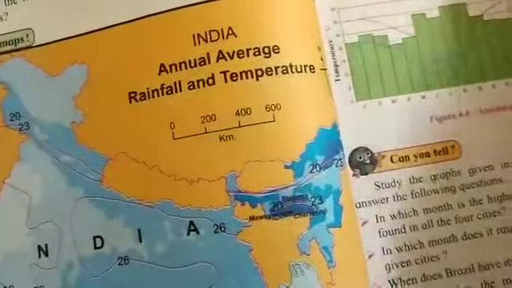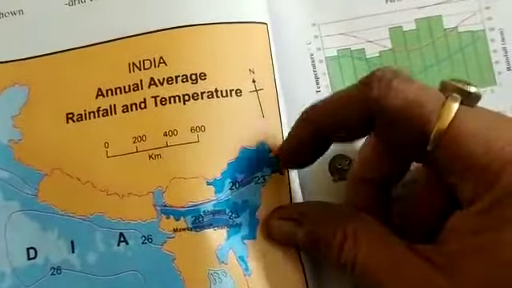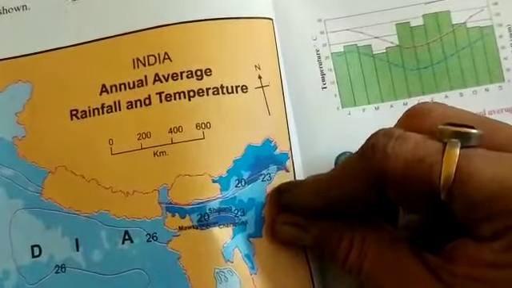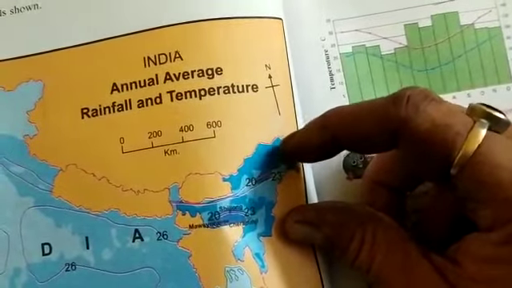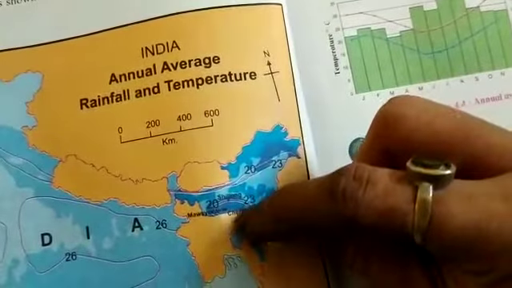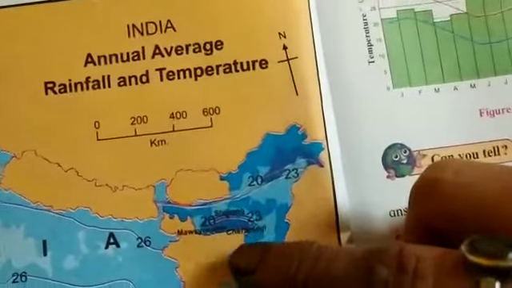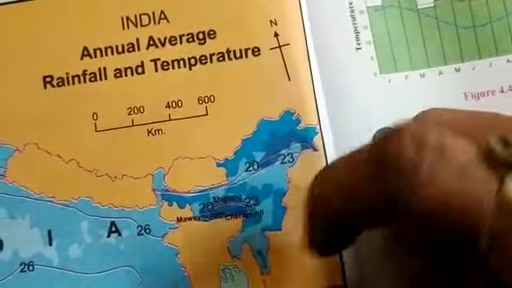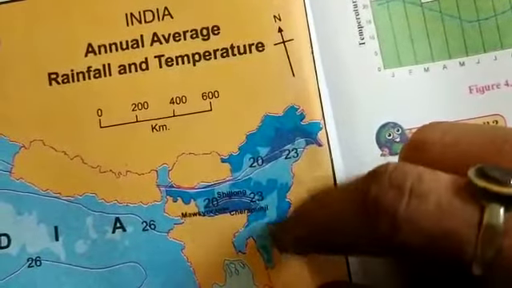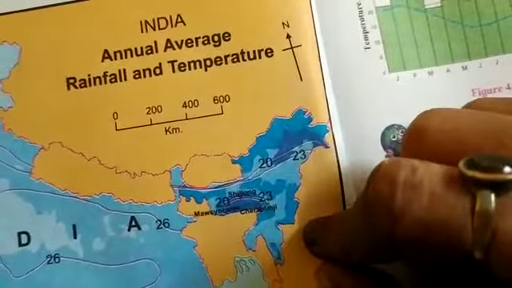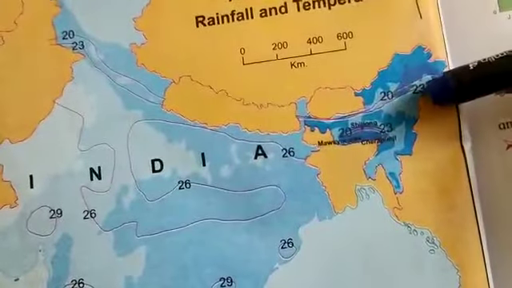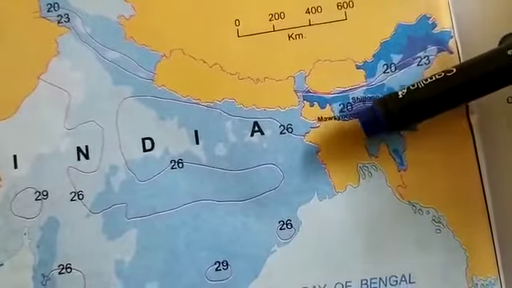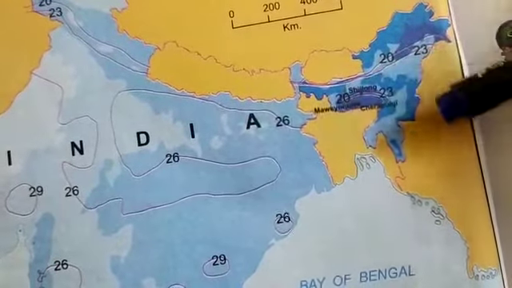And then where else do I see it? Here in parts of Assam and Arunachal Pradesh, not complete states, but in parts of these two states. And then you can write down Meghalaya. When you write down Meghalaya, please mention these two names, Mawsynram and Cherrapunji. These are the wettest places on the earth, so please mention their names. So we have written parts of Western Ghats, parts of Arunachal Pradesh and Assam, Meghalaya. In brackets you will write down Mawsynram, Cherrapunji.